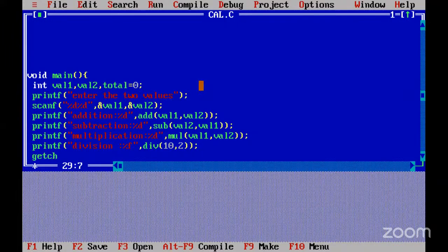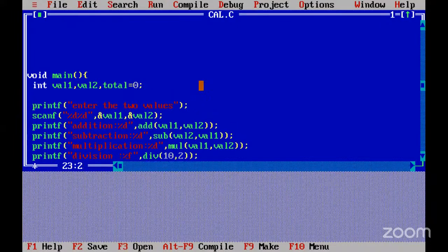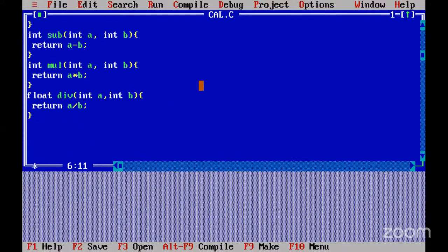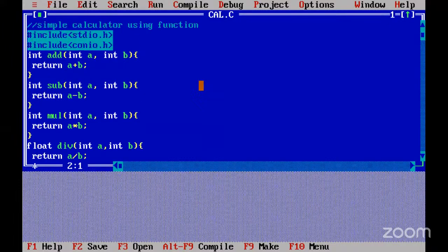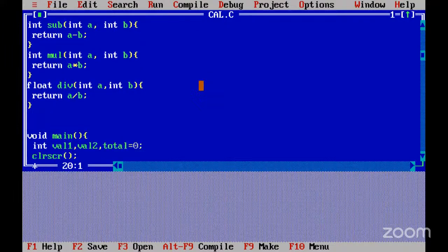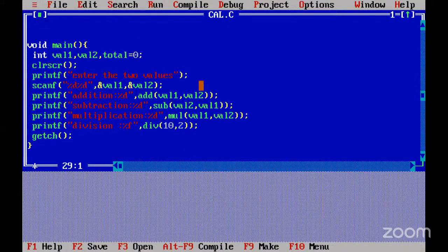Then getch. So the first statement we are used to do is clear screen. Okay. So this will show how to write a simple function without complicating too much. I have done this. Then save this, Control F9,